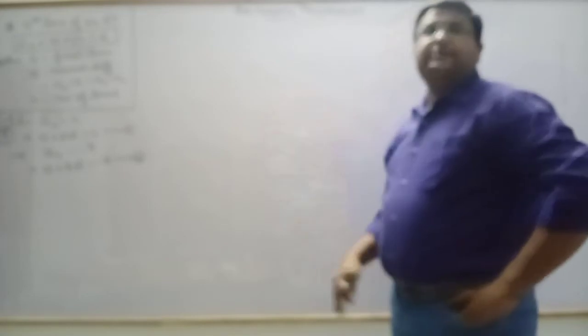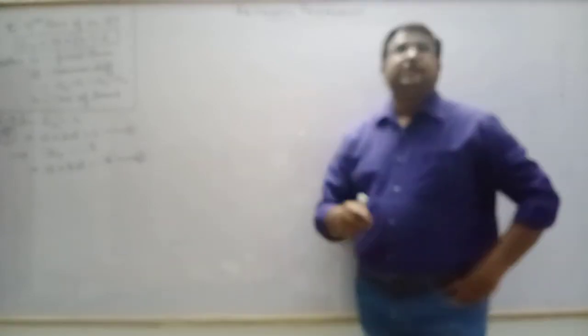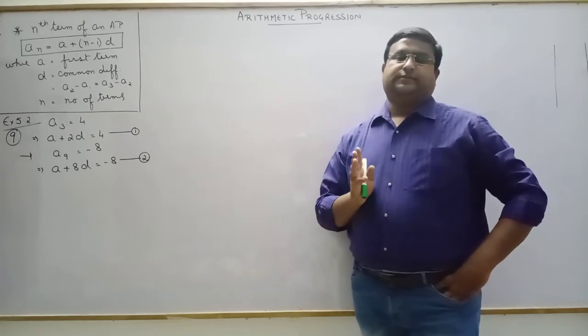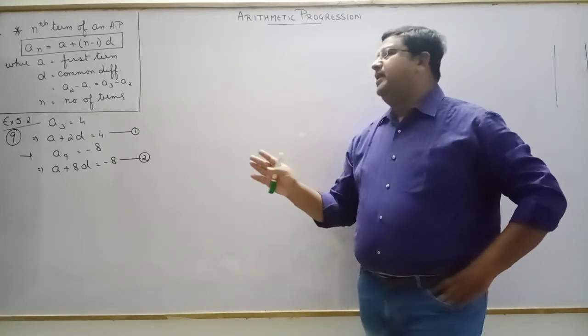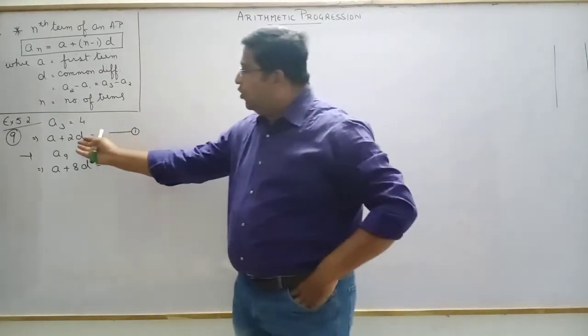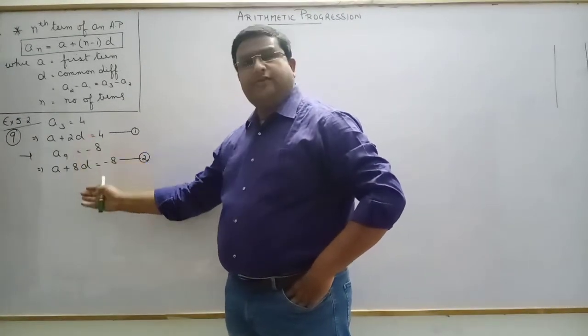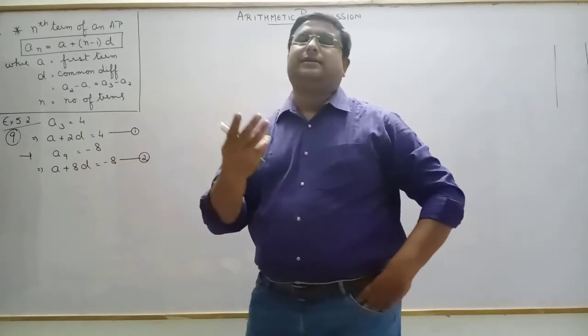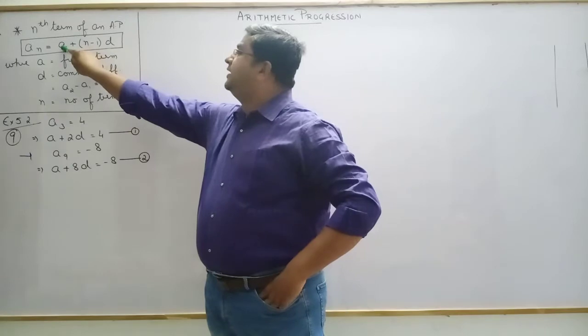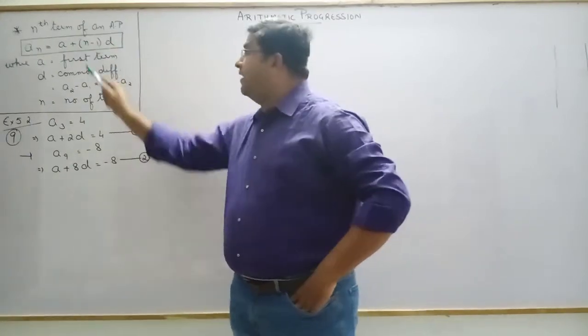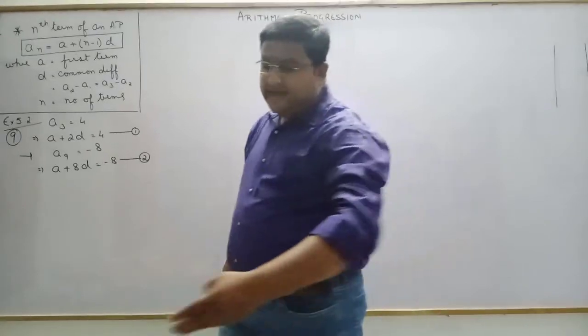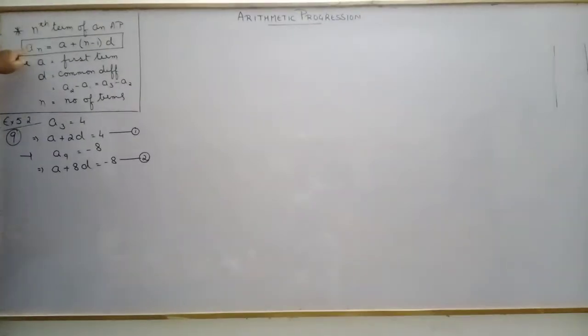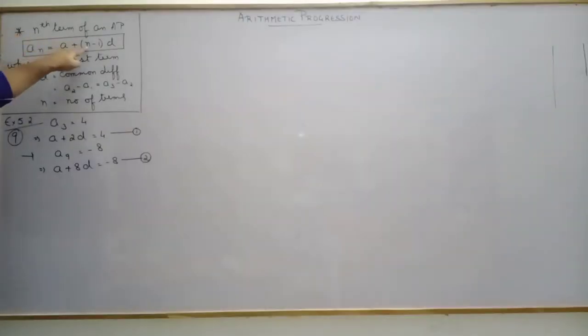Students, this chapter is very easy and based on only two methods, nothing else. You have to be very careful. We can solve these linear equations in two variables and get any term of an AP. For any term of an AP, we need a and d. If we have a and d, we can find any nth term. He says which term of the AP is 0. So we need to find n. a is given to us, d is given to us, an is also given. Can we solve both of them?